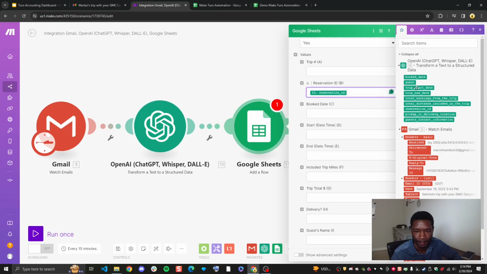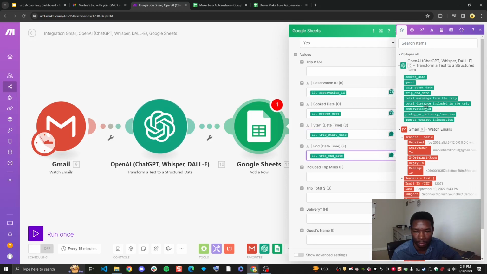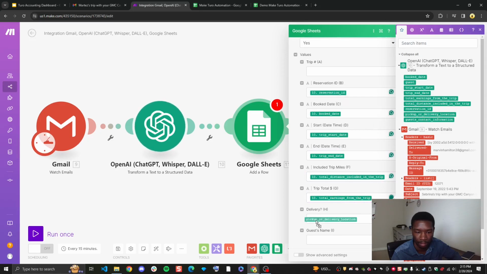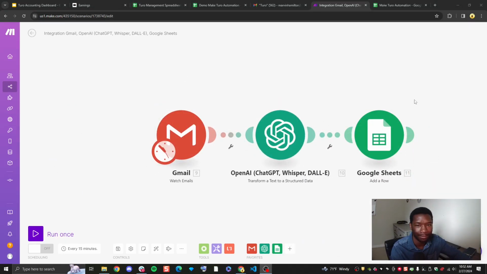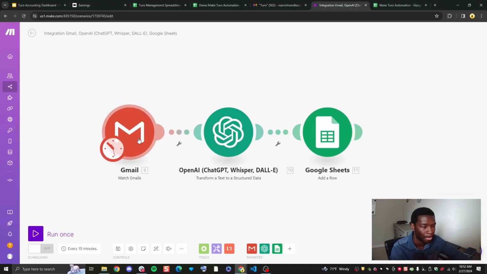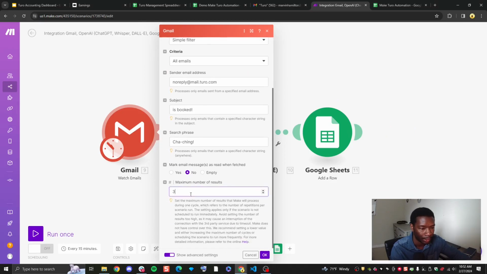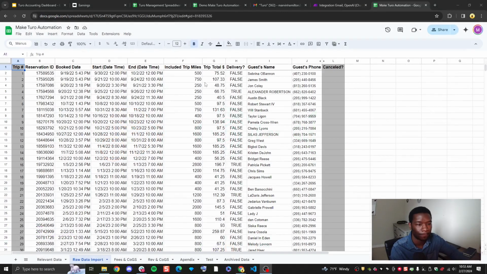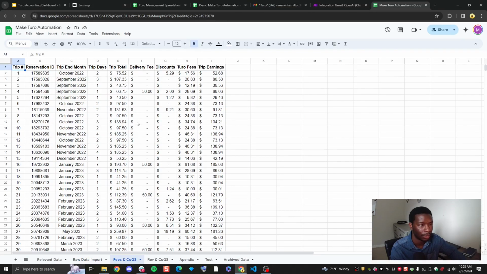So we place reservation ID, book date, start date, end date. And now that we have this finished, we can come over here and change our maximum number of results to, let's say 50. Then once we run this, we can see our full output table is complete.